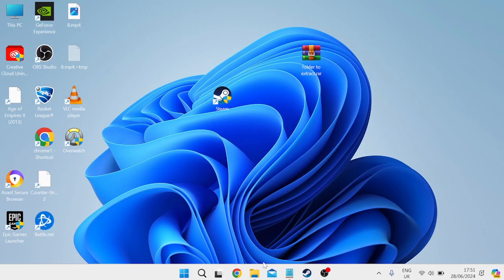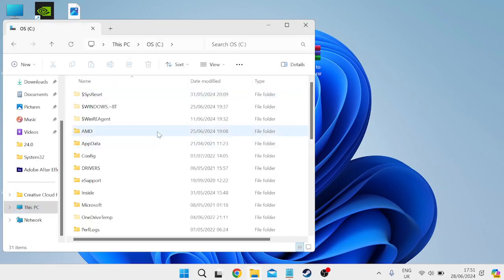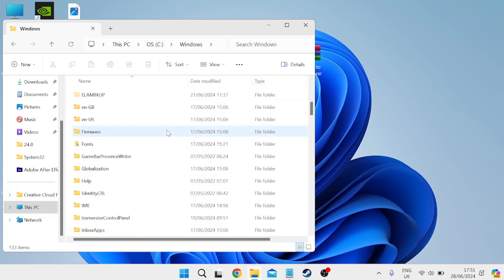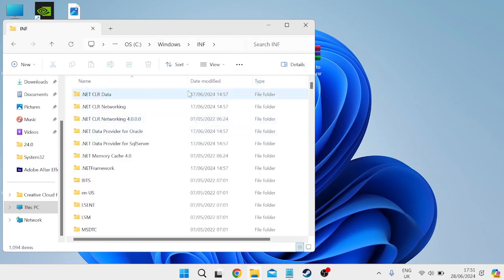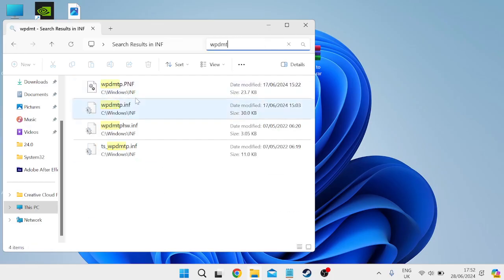Now if that's still not working for you, the very last thing we can do to fix this issue is we can head over to our file explorer, and inside of here we need to come inside of our C drive, scroll all the way down and come inside of the Windows folder, and then scroll down once more and you're looking for a folder called INF, and we need to come inside of here, and then we're going to come over to this search box in the top right hand side here, and you need to search for WPDMT, and it should give you a list of 4 files here. Now the one that we need to select is this